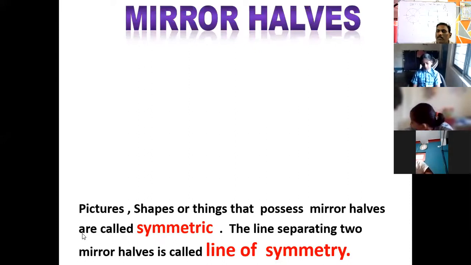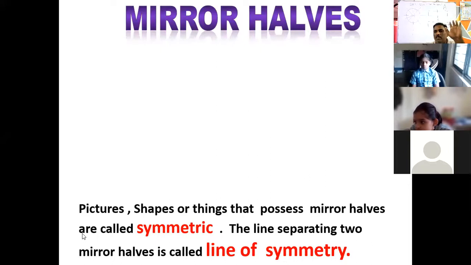So in the Google form, in the examination, you will be given 3 to 4 letters of this. Identify which is having symmetry, which is having no symmetry. G is no symmetry, F is no symmetry, J, K, L, P, Q, R, S, Z. They don't have any symmetry. Got it?